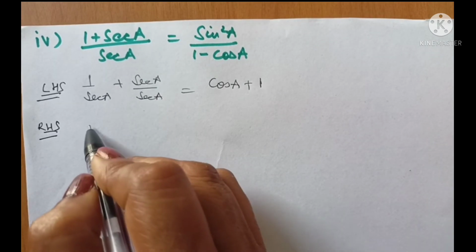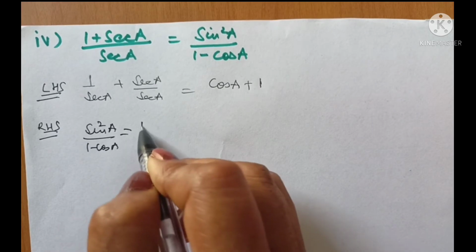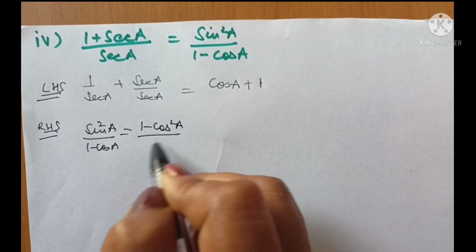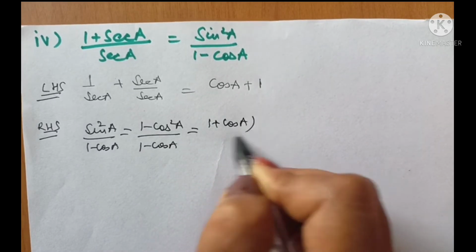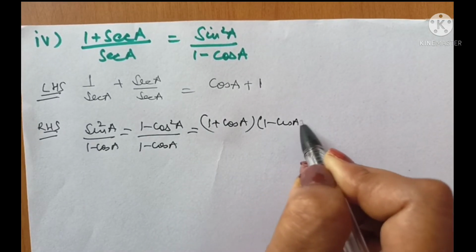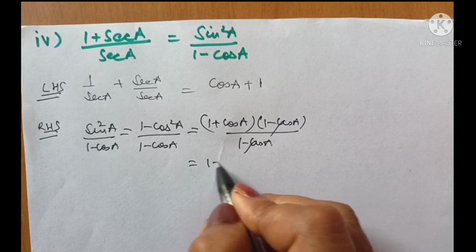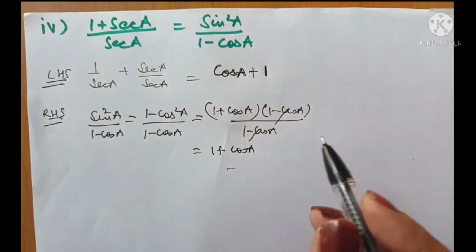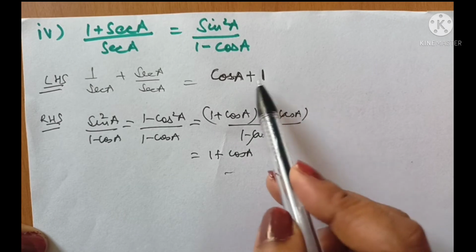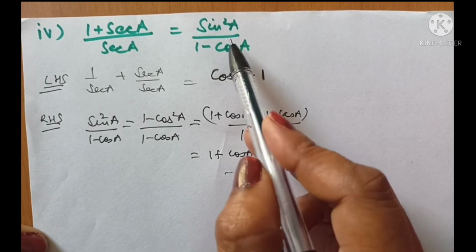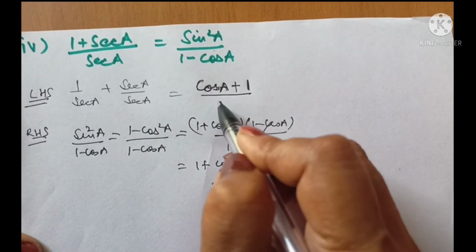We have taken this as LHS, and LHS has come out to be cos A plus 1. Leave it here and consider RHS. RHS is what? Sin square A upon 1 minus cos A. Sin square A can be written as 1 minus cos square A upon 1 minus cos A. This gives me 1 plus cos A into 1 minus cos A upon 1 minus cos A, and you see I have reached 1 plus cos A. But if you insist that I want to reach from LHS to RHS, from cos A plus 1 to this, then you see how we go about it. You see here it is cos A plus 1 upon 1, right?